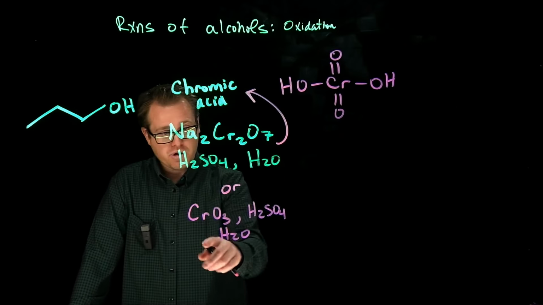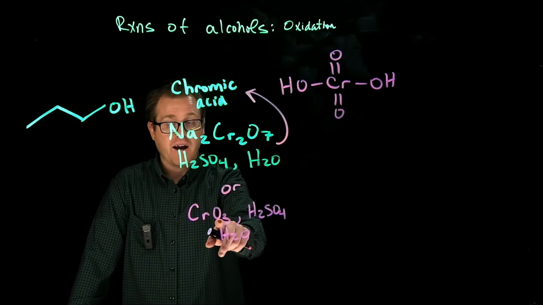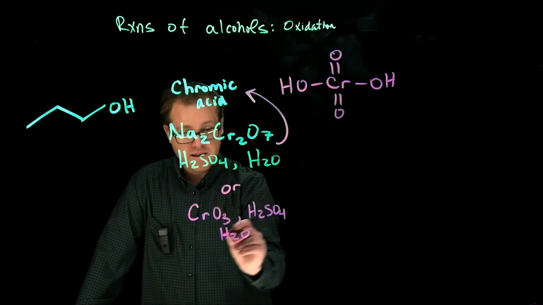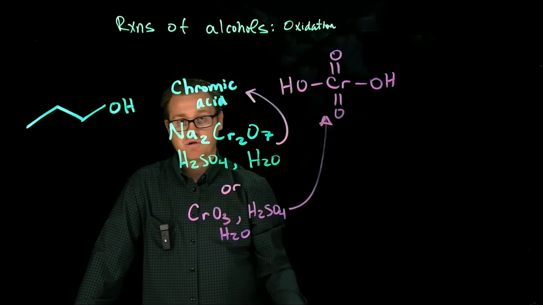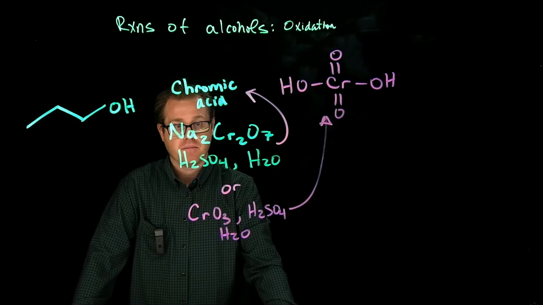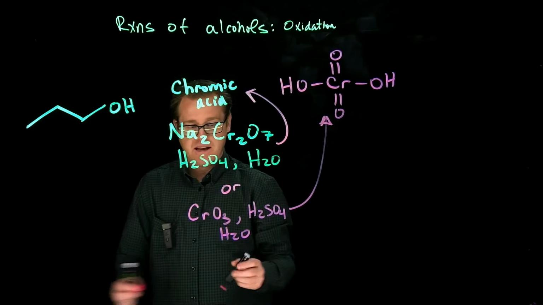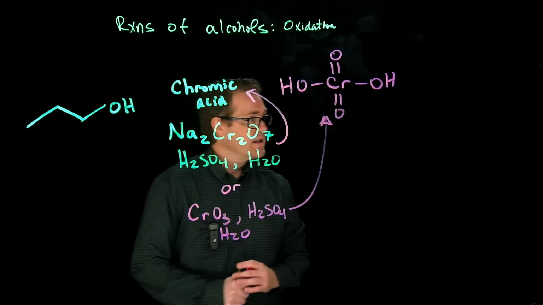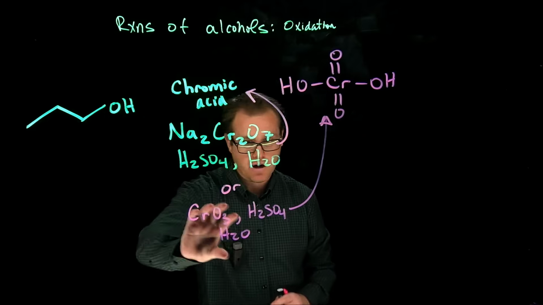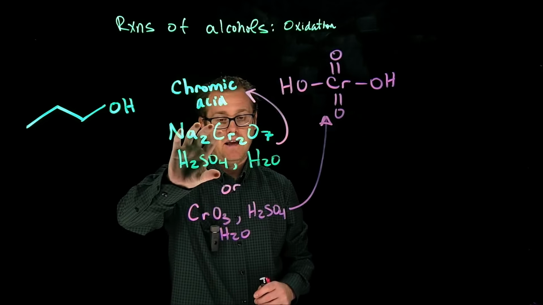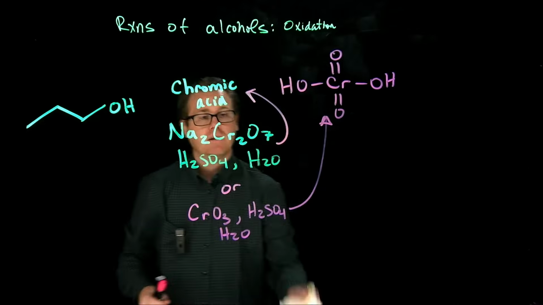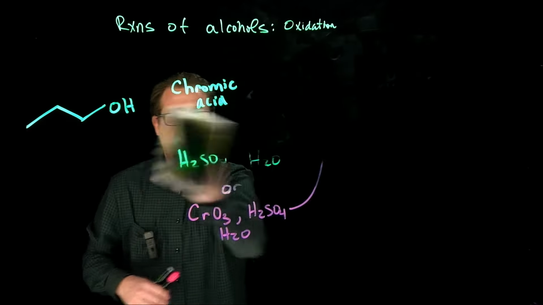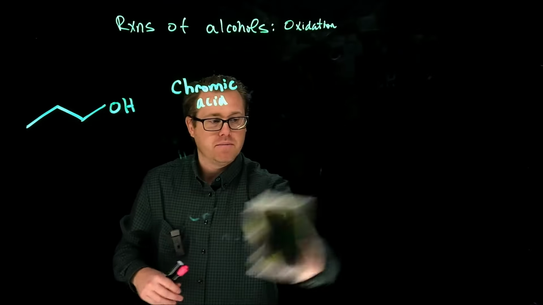You can also treat it with chromium trioxide, sulfuric acid and water, and that species will also generate chromic acid. So those are the reagents and how you could see them. I want you to realize and understand that this is not chromic acid. It generates chromic acid. So when you generate the chromic acid, and you have a primary alcohol,